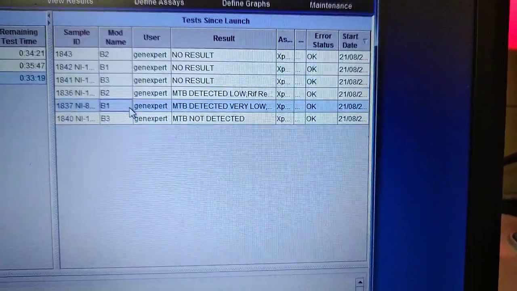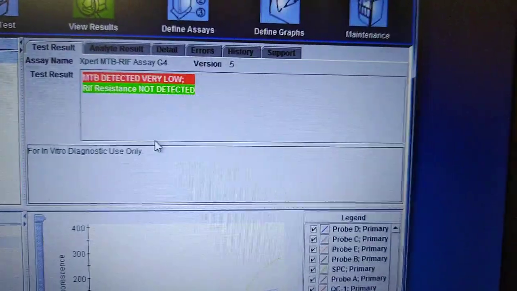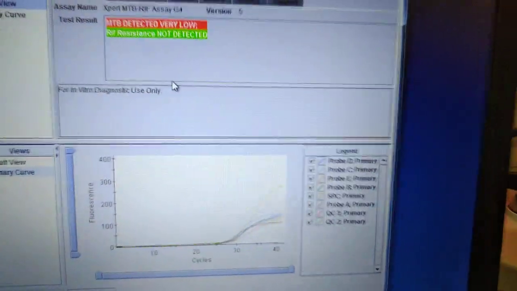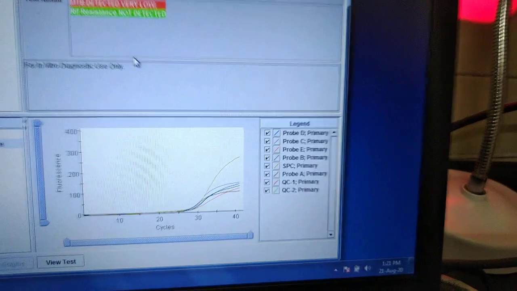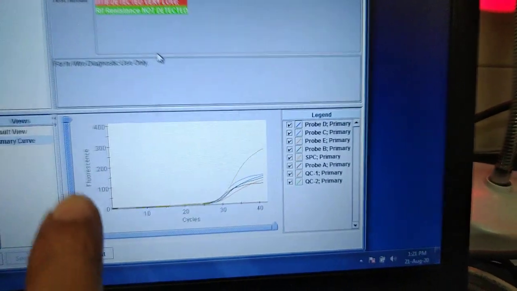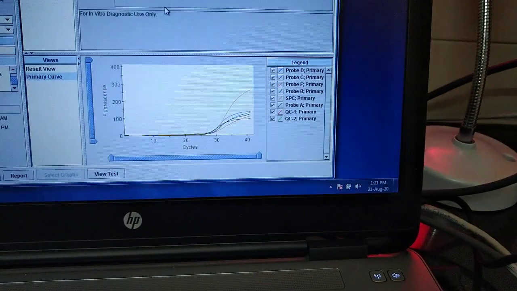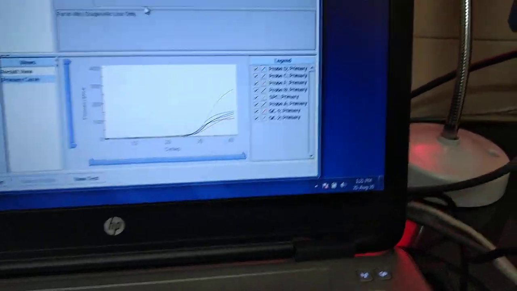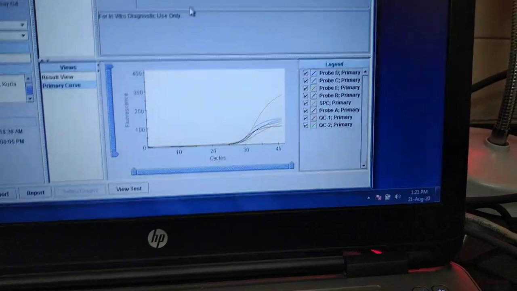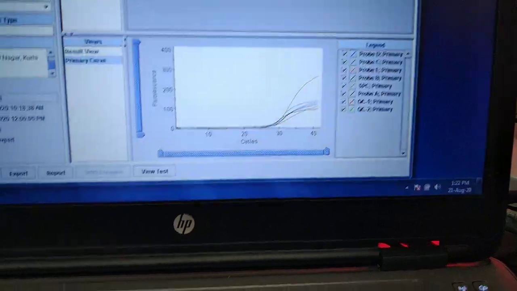so for example, again in this, rifampicin resistance is not detected, MTB is detected, and you can see the peaks over here. Okay, this is cycle and this is fluorescence. So as you can see, sigmoidal curves are there, so there is a chance that it is going to be positive. So this is how you can interpret the result, and